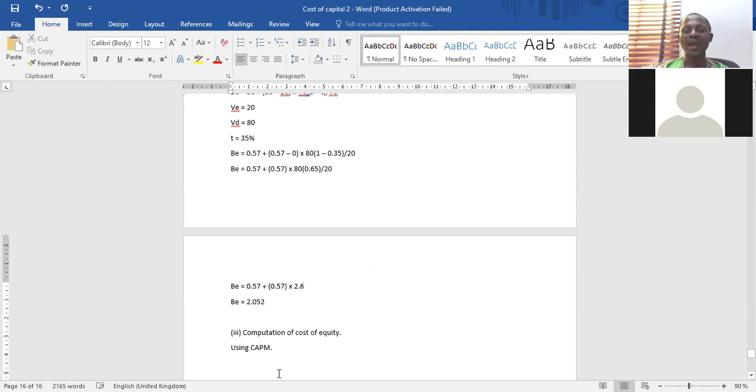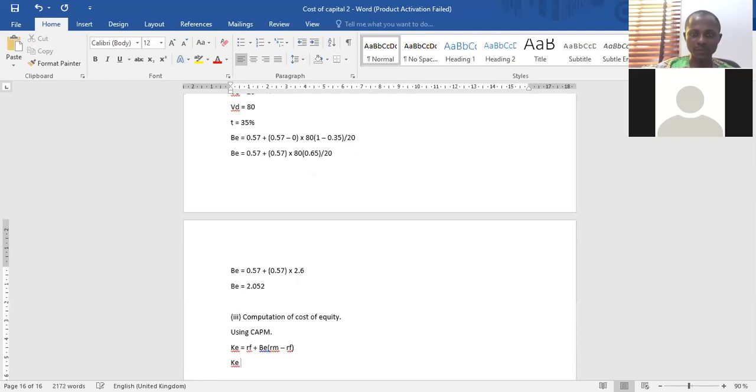So what do I need to do? I'll just put this in CAPM straight, no problem. So using the CAPM, I say that cost of equity is equal to risk-free rate plus beta of equity times market return minus risk-free rate. Cost of equity will be equal to, what's our risk-free rate? Our risk-free rate is 2.1%. I believe you are following me. 2.1% plus beta of equity is 2.052, right?